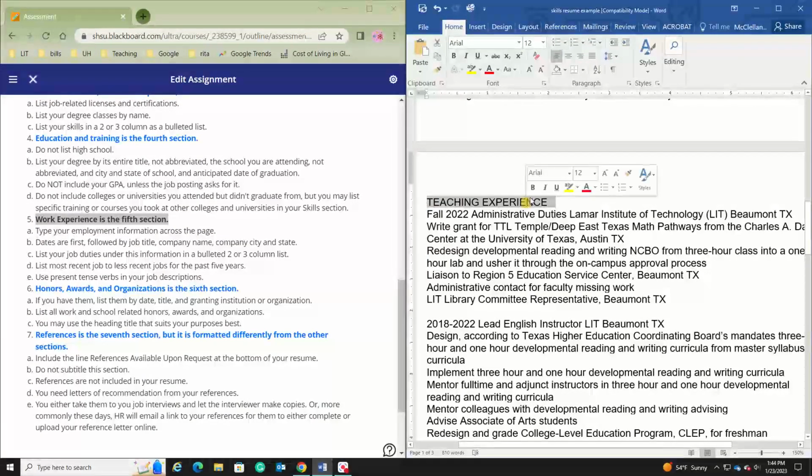Now, of course, you're going to use work. I use teaching because that's what the people I give my CV to are going to look for. Work experience, you could say employment experience if you wanted to. And the way you